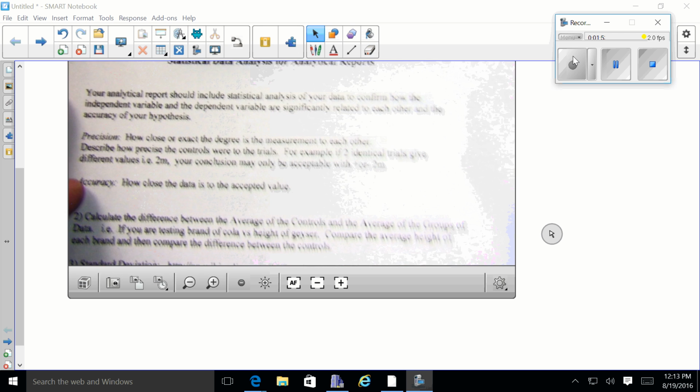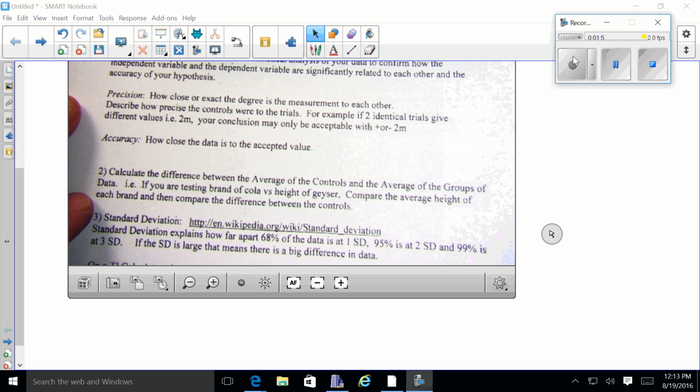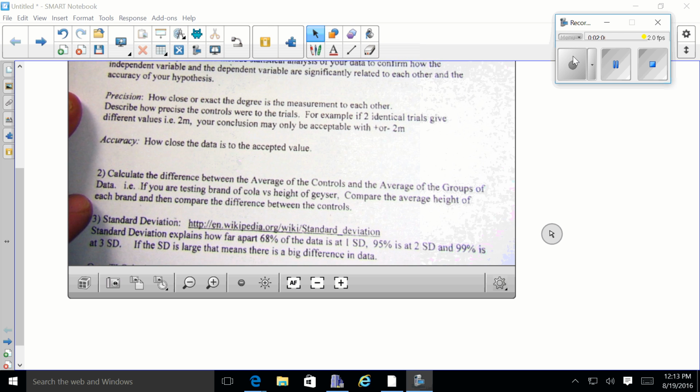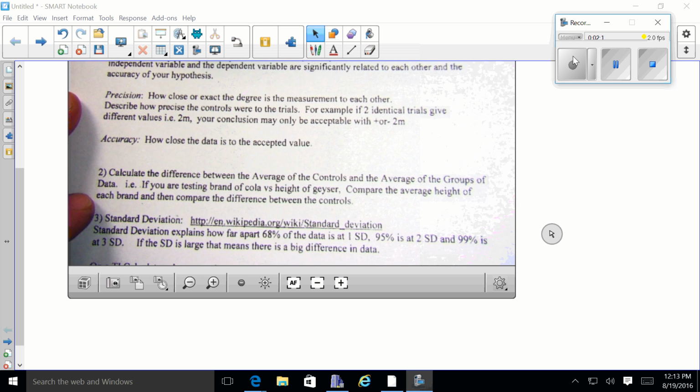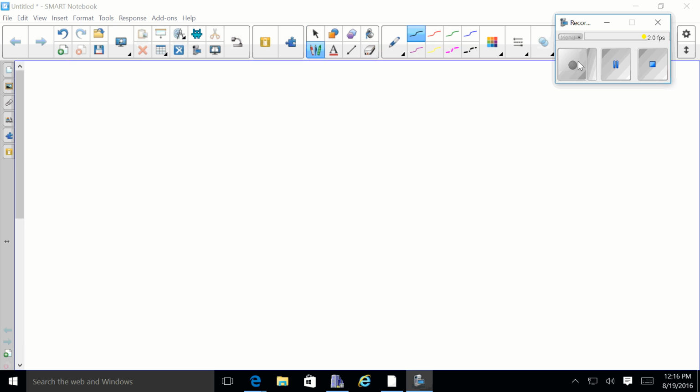Now, if you're going to do a group of data, for instance, you're doing the group Diet Coke versus the group regular Coke, or caffeine-free versus caffeinated, or the flavor of soda, and you're comparing all those. If you're doing group data, let's look at number 2 and 3 and explain how you're going to relate all those together. So I'm going to get rid of this particular screen here real quick. So on number 2, it says to calculate the averages of the controls and the average of the groups of